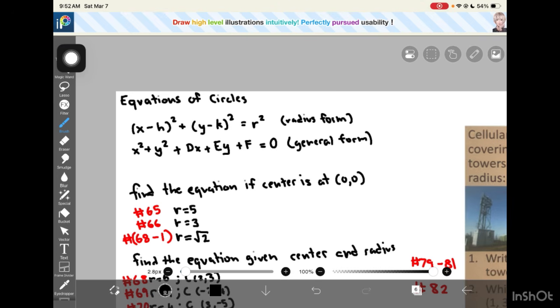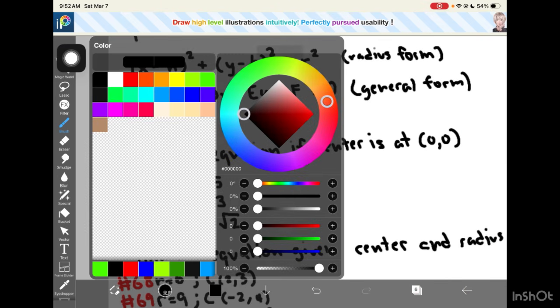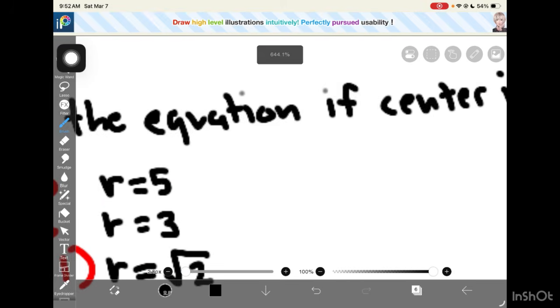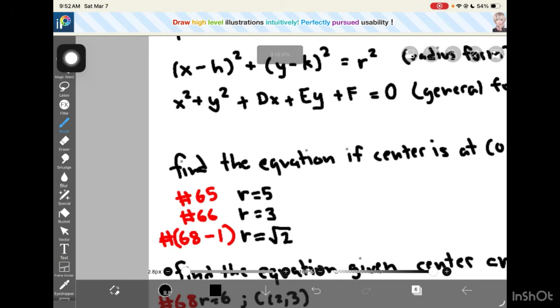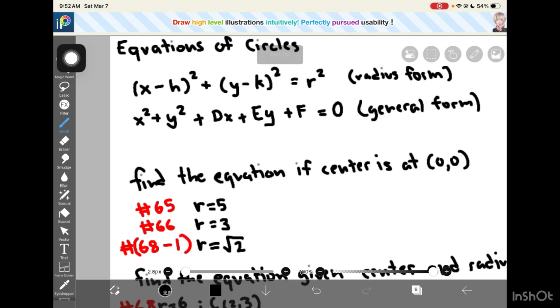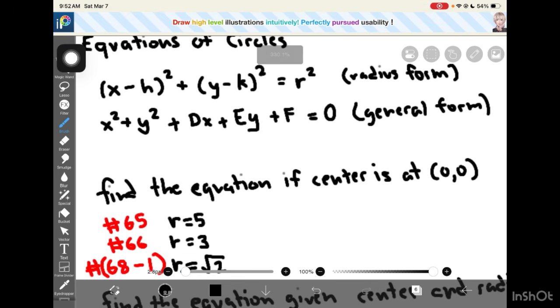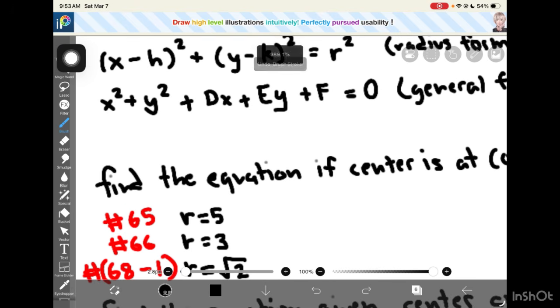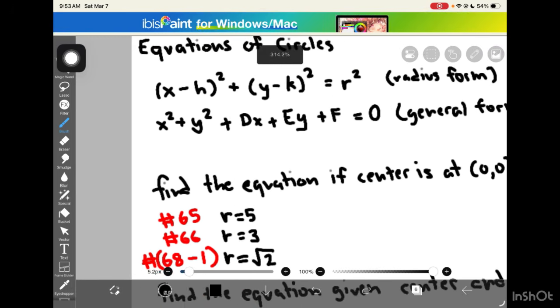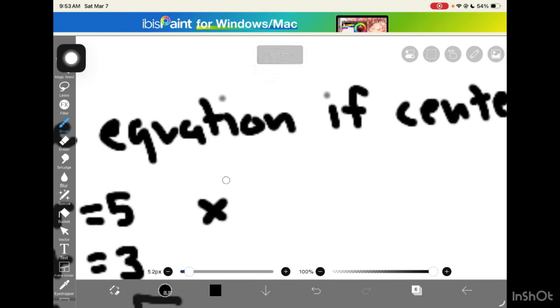So let me try to explain here. So let's use number 65 as an example, okay? I'm not even going to do the green text. I'm just going to put them right here. So let's use a bit of logic here. So we know the center is 0, 0. In fact, the center is defined by this h and k over here. If it's 0, then it's considered negligible. Therefore, you can just actually put if the